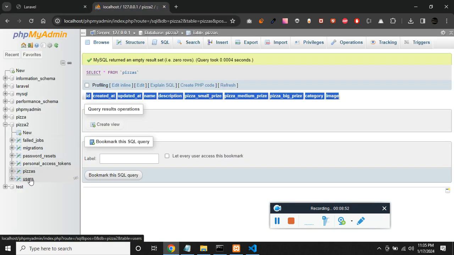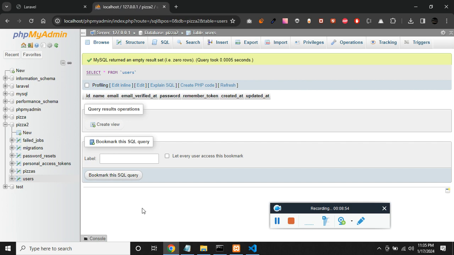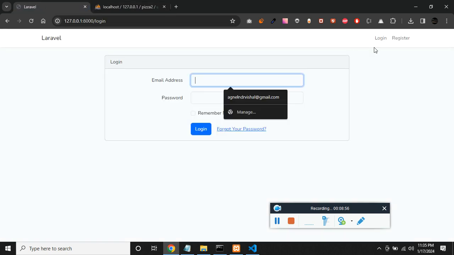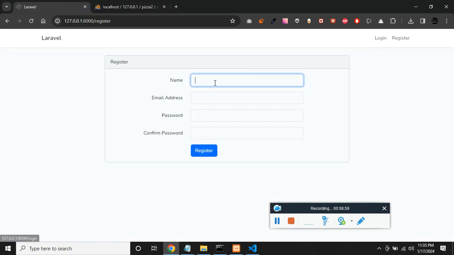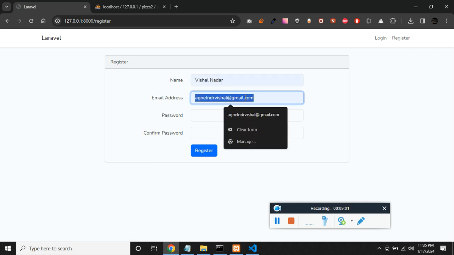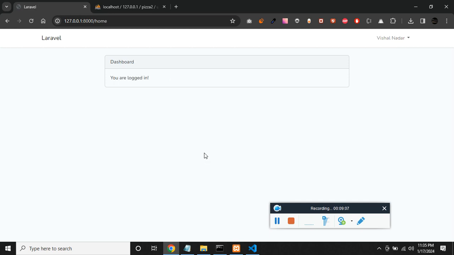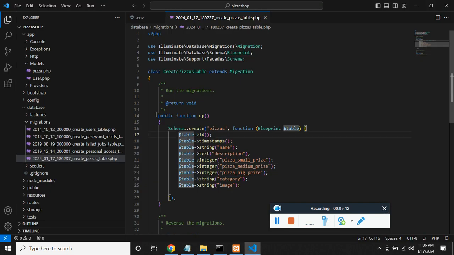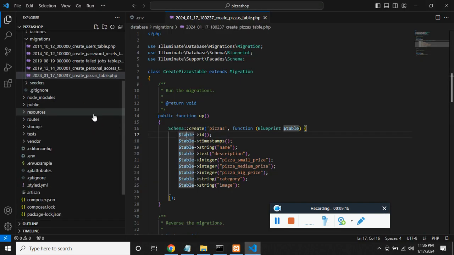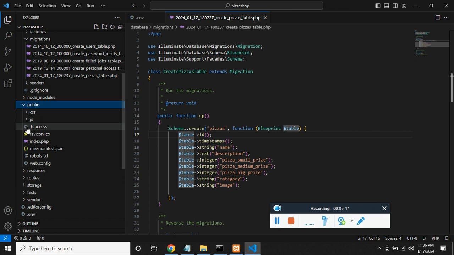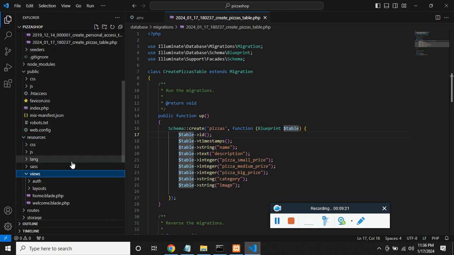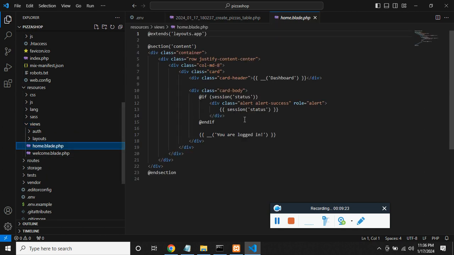On the users, you should see, I think this is what I have used. Now you are logged in, and this is home. So here I need to modify some files. So not in the public, in the resources, in the views, and this is where the home is coming from,